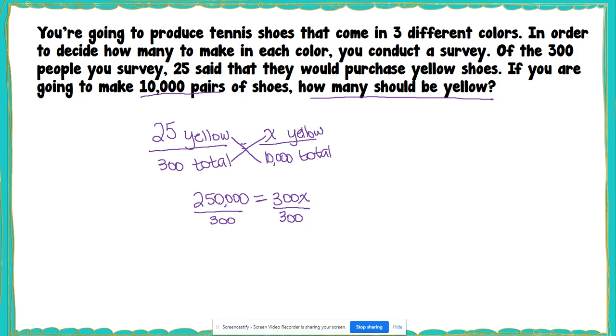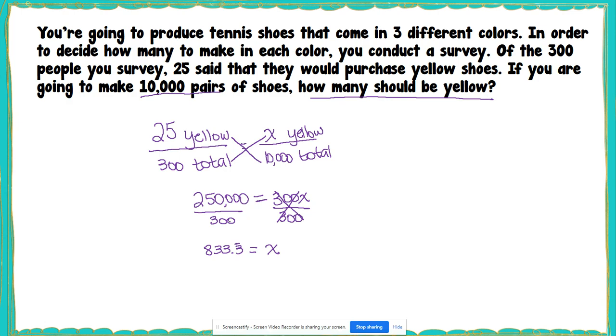When I divide 250,000 by 300, I get 833.3, and this 3 repeats, or this is the same as 833 and 1/3. On this side of my equation, 300 divided by 300 will make 1, so they cancel out because 1x is the same as just x. Now, this means that the value of x is going to be